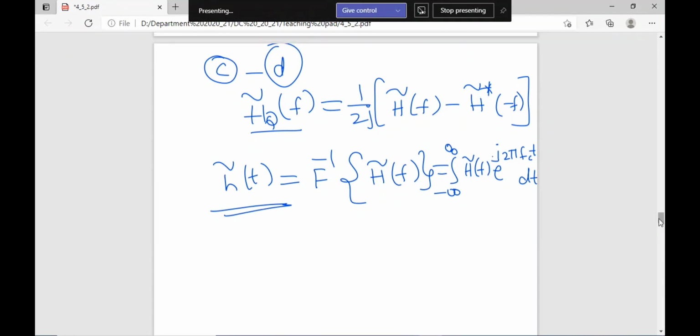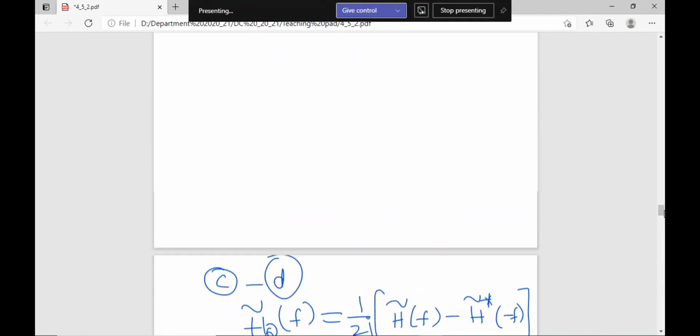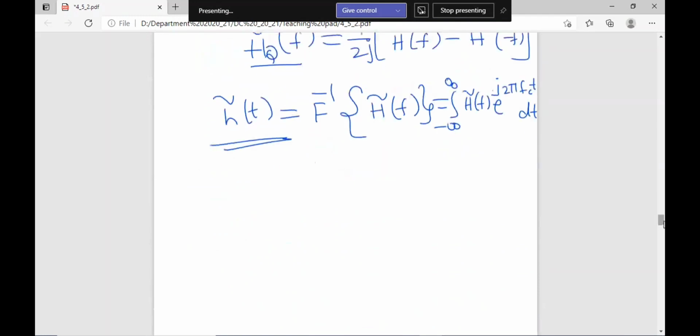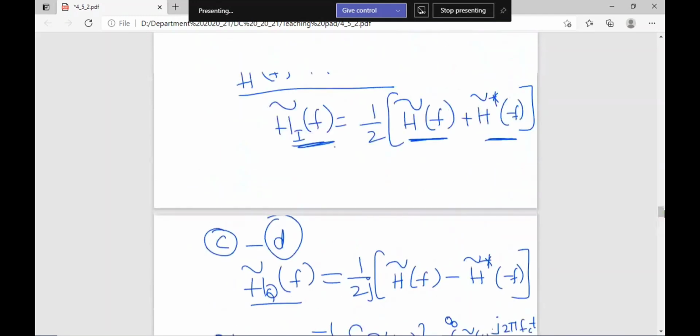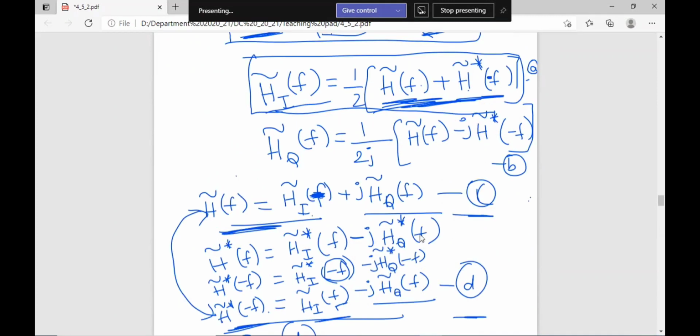I hope it is clear. Anyway, tomorrow I'll refresh this again, because in some of the mathematical analysis here I have confused you, as I didn't check this equation. So from here, I'll explain again tomorrow. Don't worry.